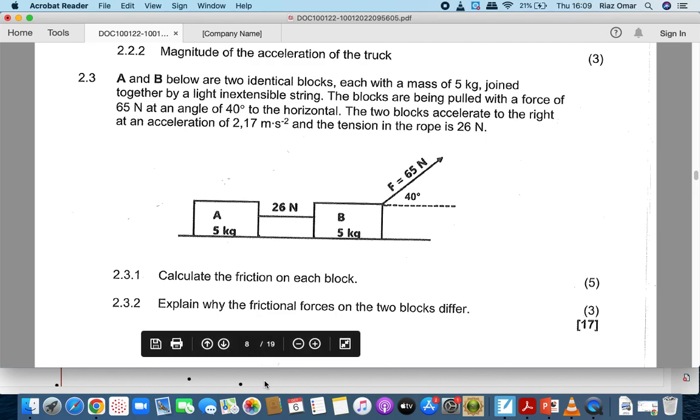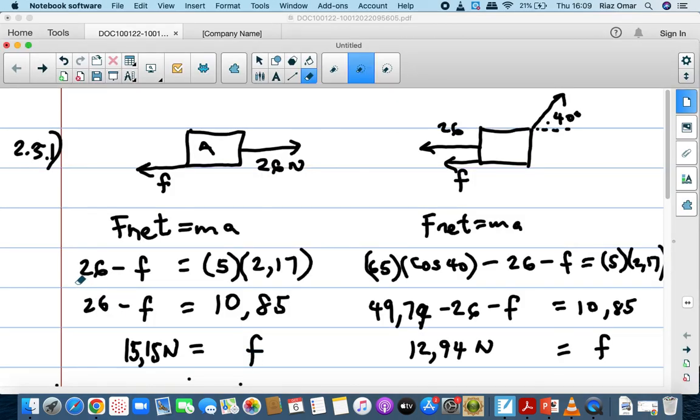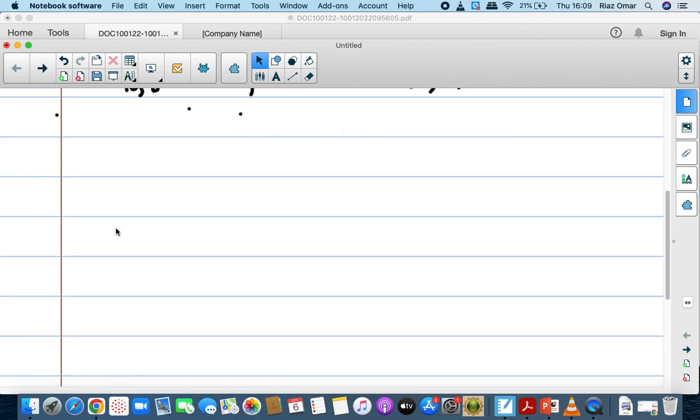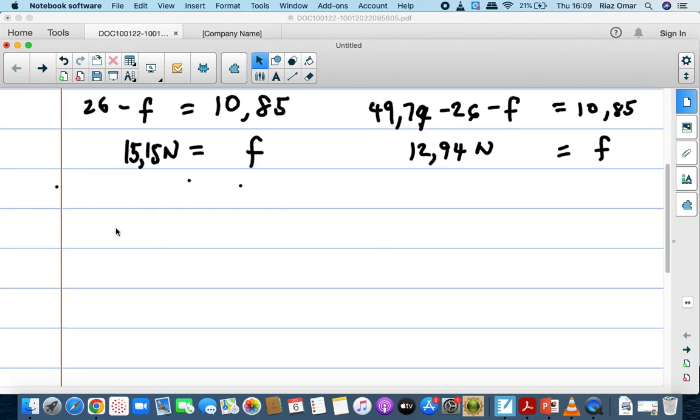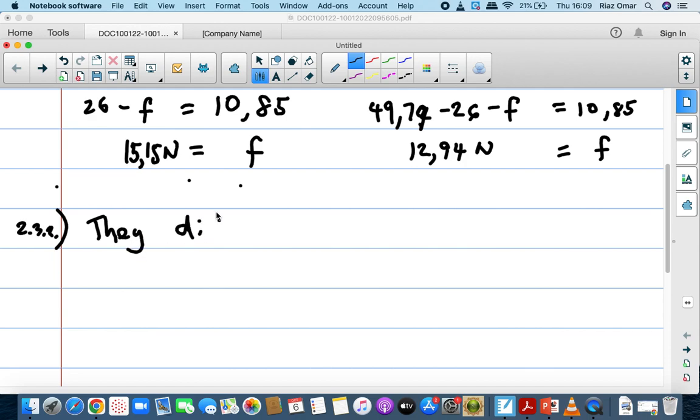So what are the points that we can say there? We can say the frictional forces differ